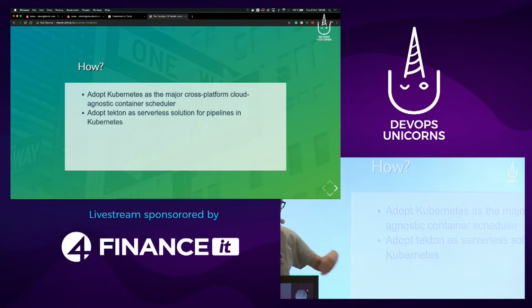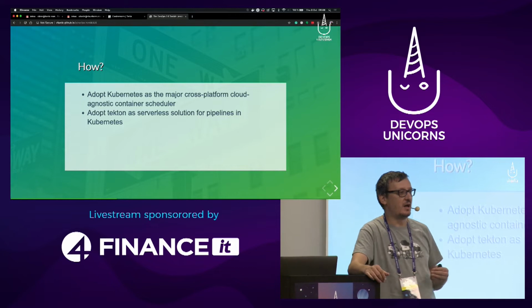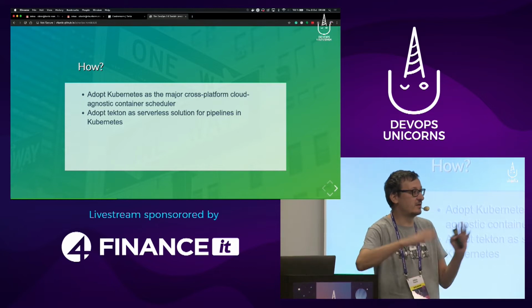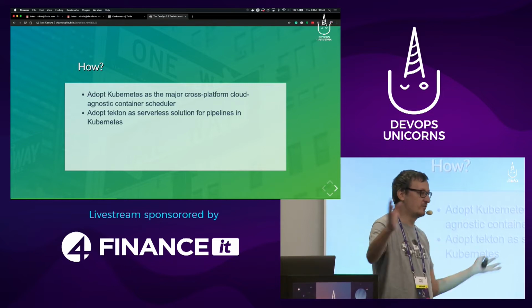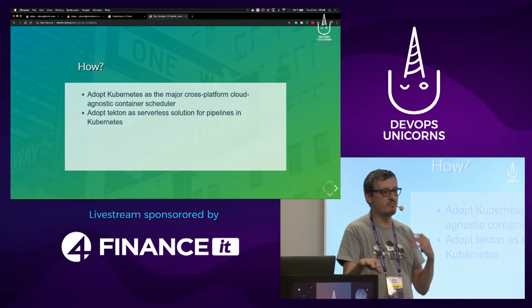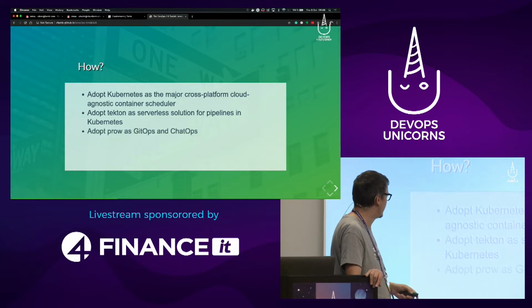We adopted Tekton. Tekton is most likely going to be the standard for how to run serverless CI/CD tasks. And this is not Jenkins specific, this is simply how, most likely, whatever you do in Kubernetes, if you need some CI/CD, some batch type of processes, it's gonna be Tekton, and it's awesome.